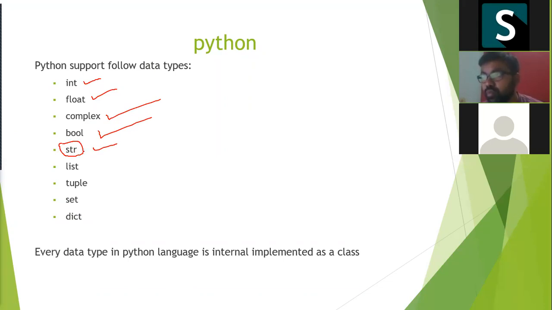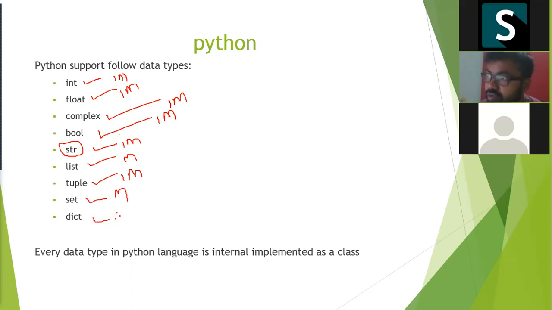So we'll discuss this more. Okay, and list is a mutable object. Tuple is an immutable object. Your voice is breaking, Sampath. It's not clear. Yeah, is it clear now? Yeah, now it's clear. Okay, my list is a mutable object, tuple is an immutable object, set is mutable, and this one, the dictionary, is also a mutable object.